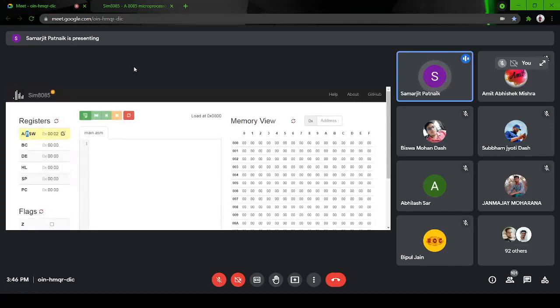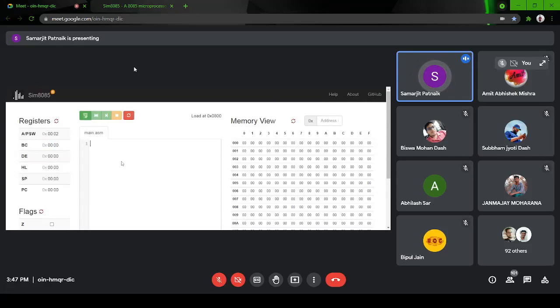A/PSW: PSW is the program status word, or flag register. I'm just resetting everything. So there is no content in the accumulator and flag register, and all the registers are 0.